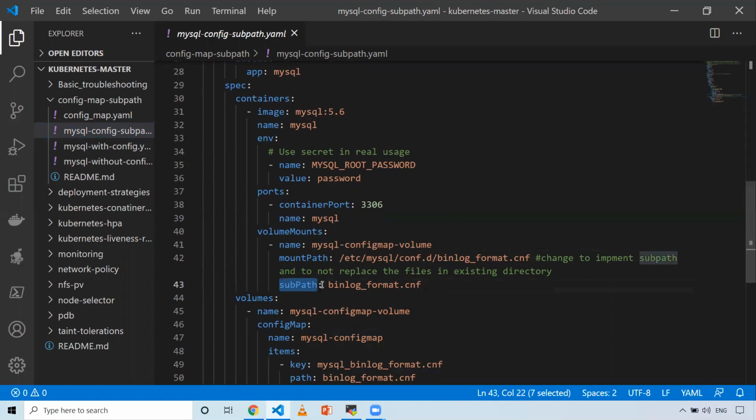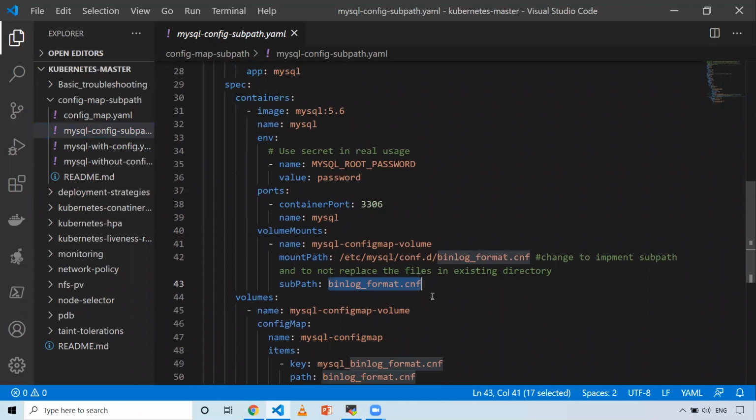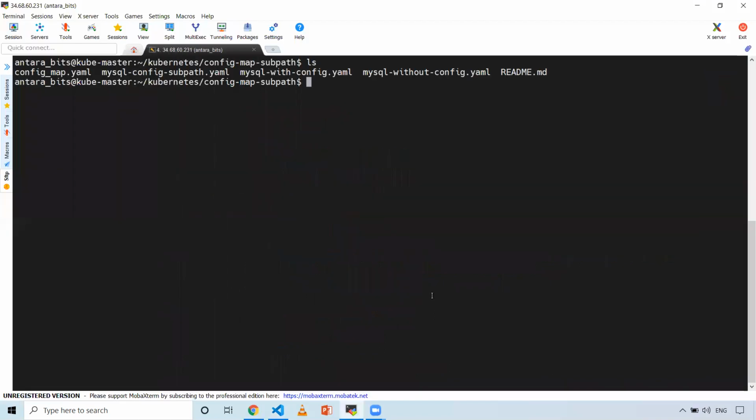So when I specify this and create the deployment using this file, I will have this new file along with the older 3 files as well. So let's go ahead and deploy this particular file, and let's verify whether we have 4 files or not.